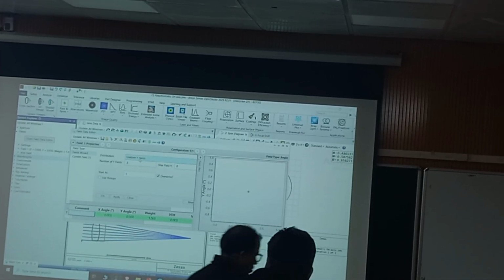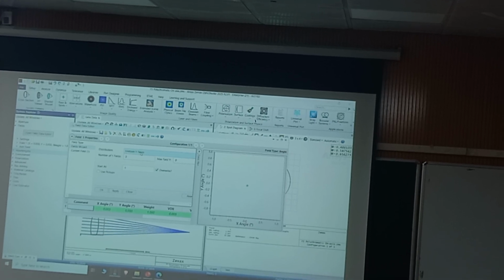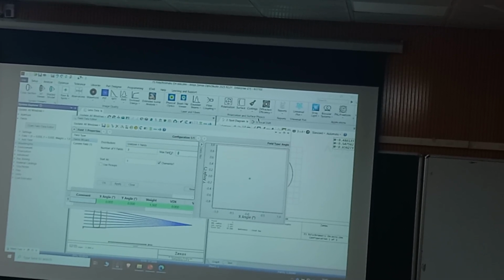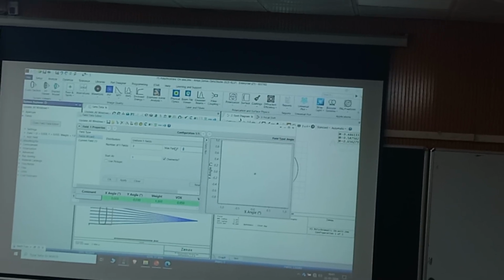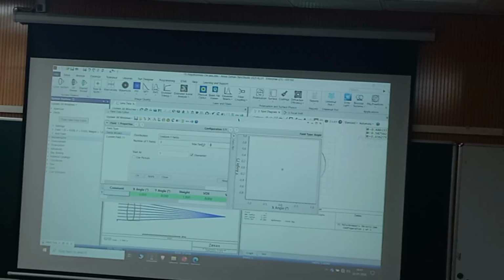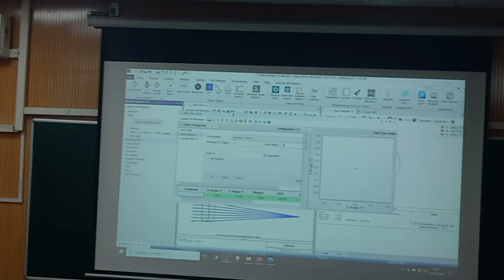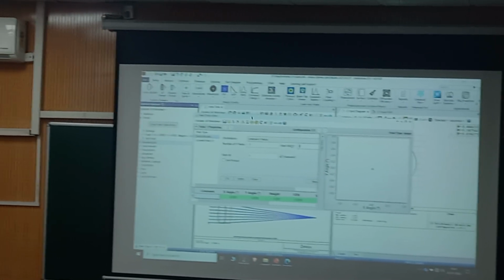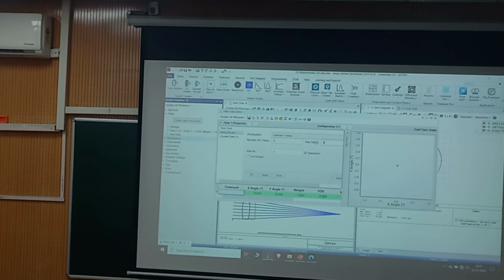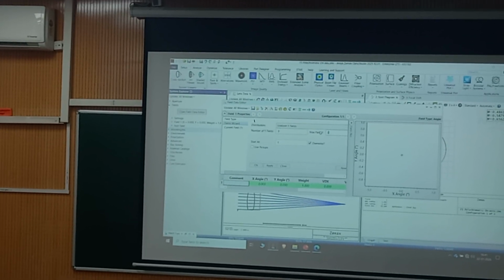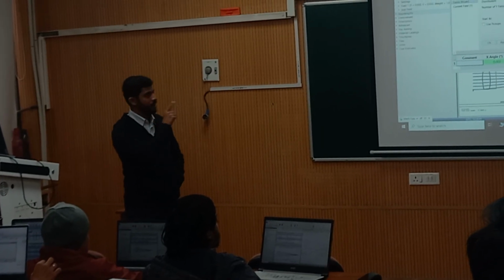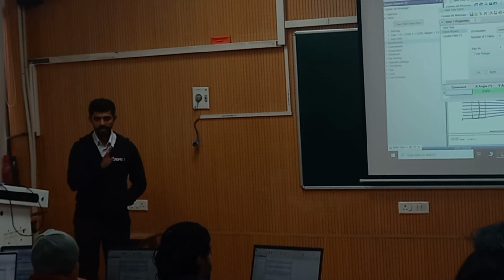In the Field Wizard, by default there will be distribution as uniform Y fields. Now go to the max field and define the values. Now I said I want to create a system which has a full field of 20 degrees field of view. So what is the value I should put over here? 10. Why 10? Half field, so full field will be 20 degrees. What we are defining here is half field of view, right? It is saying max field, but it's half field of view which you are defining.